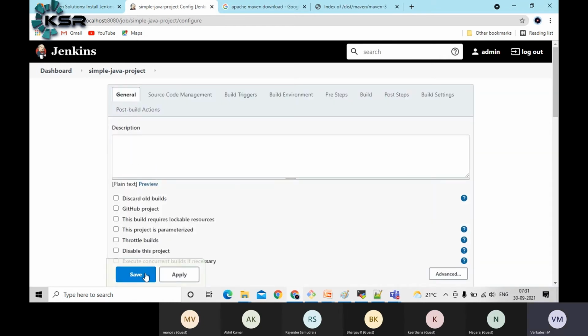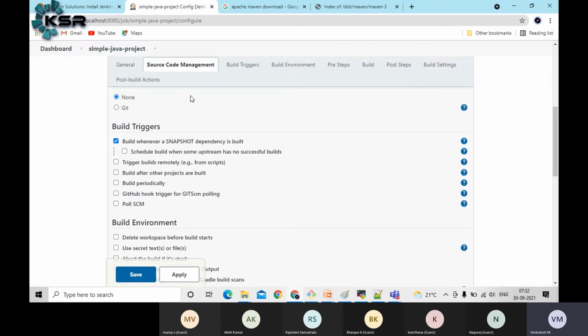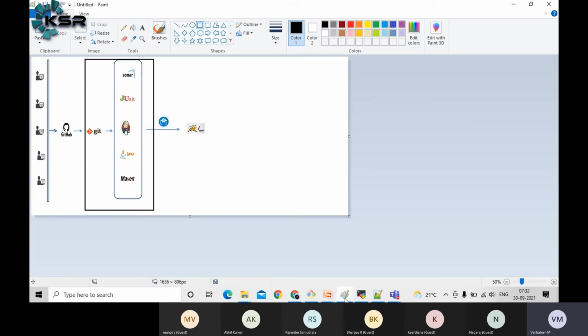Okay, when you click on OK, it opens a set of options, guys. Here is source code management, where you will configure all the Git integration part. That means in a typical cycle I have mentioned, all the developers will publish their code to GitHub. From GitHub, we should clone the code first of all. That means we should download the code to the Jenkins VM, guys.